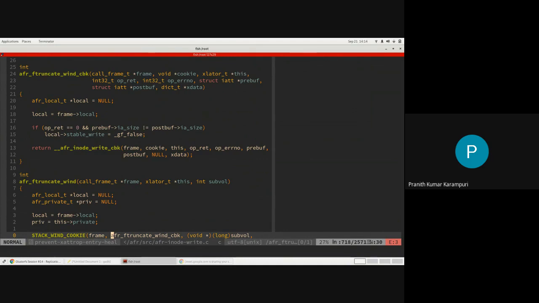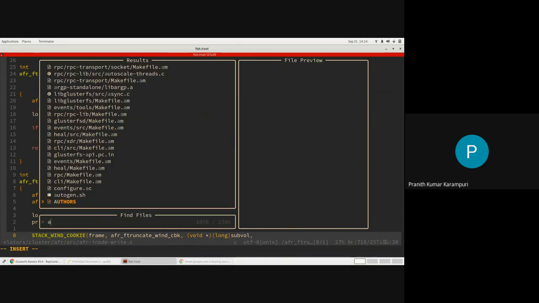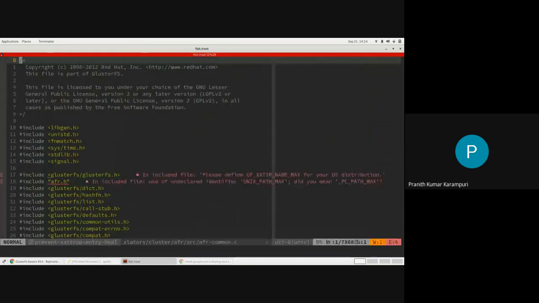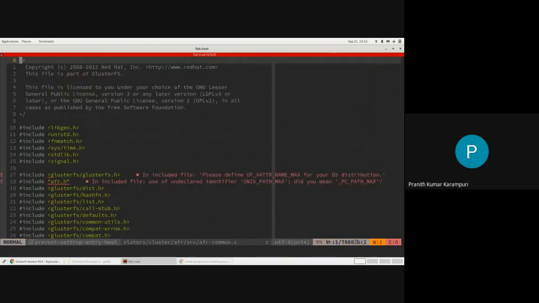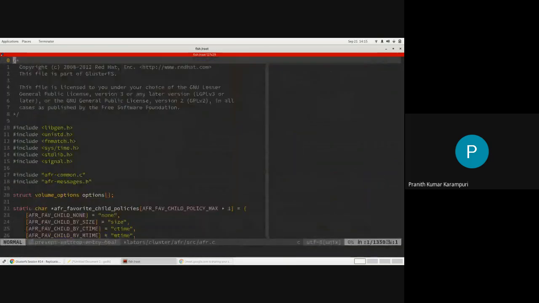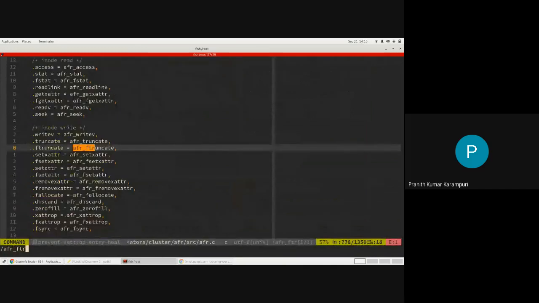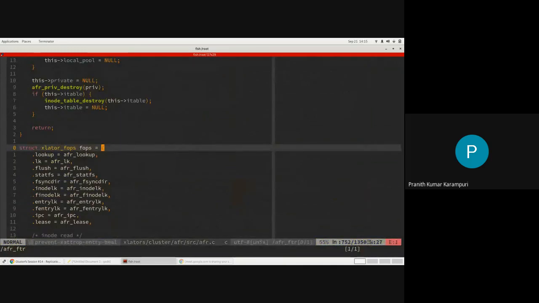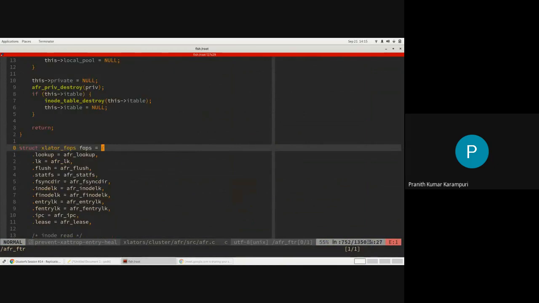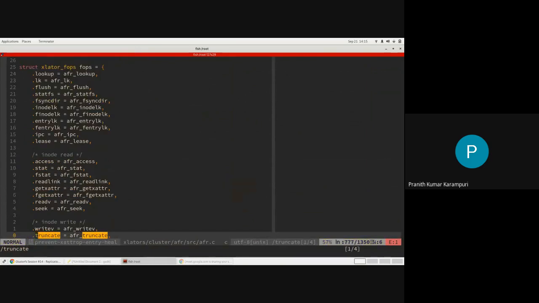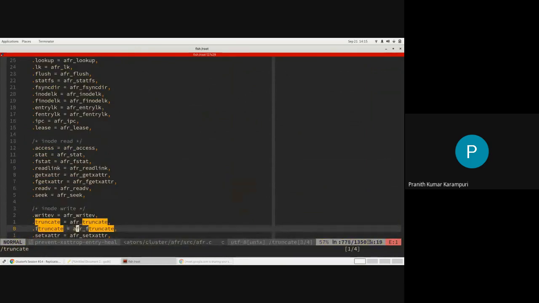So this is how the actual FOP and the transaction framework interact. Initially, when your parent translator, which generally is DHT, so this is your FOPs array, which I'm using, the parent translator will actually call whatever is the operation. In this case, it's a truncate.